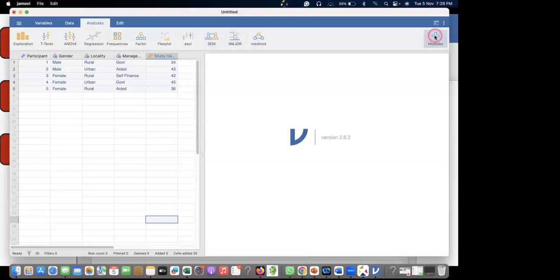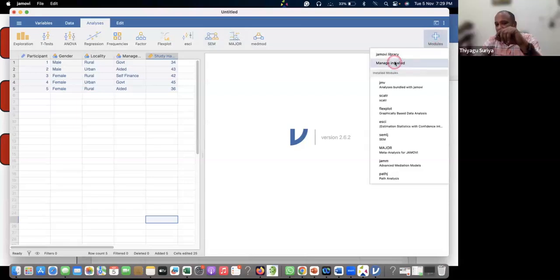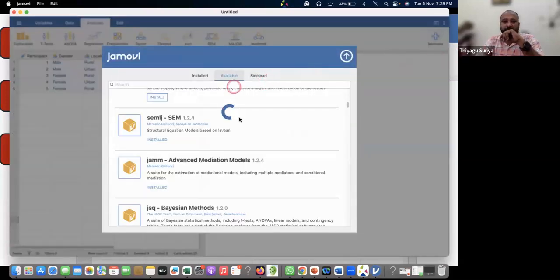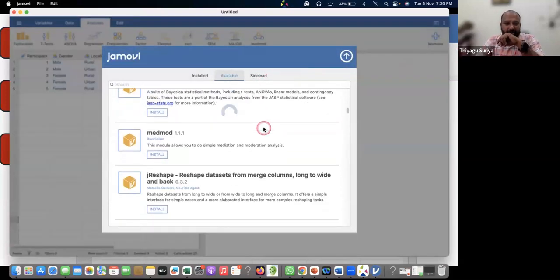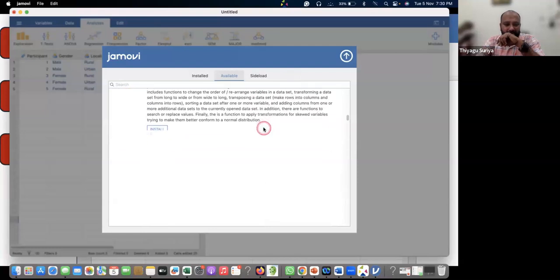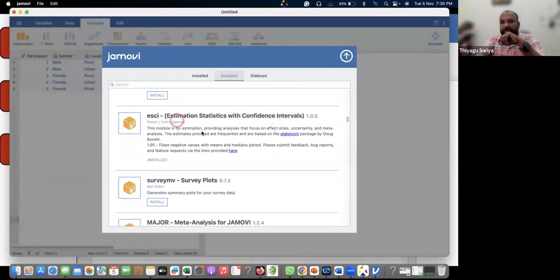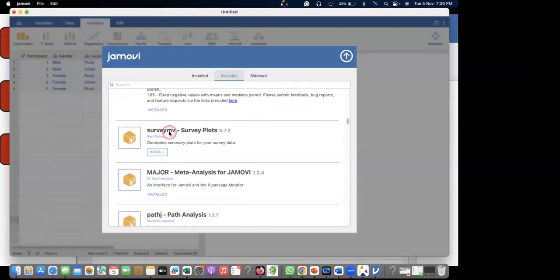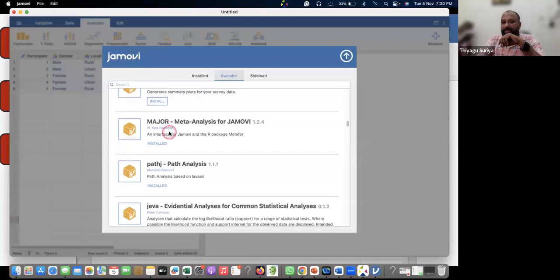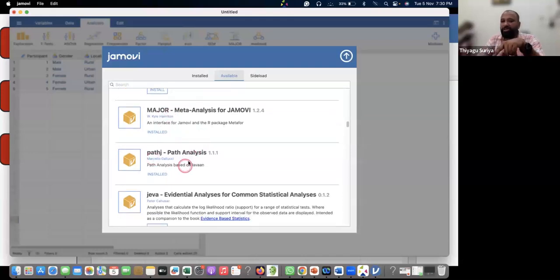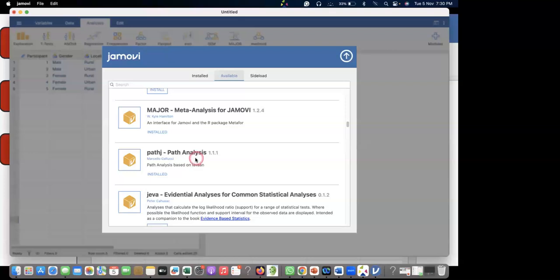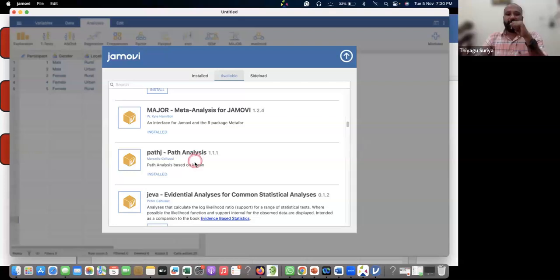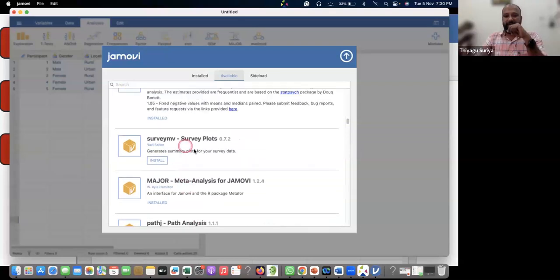Next one. When I go to the modules, I'm recommending some more software which is going to help you a lot. Go to the Jamovi library, go to the available, go with this other software like you can see this. Suppose you want to go with the confidence interval or the estimate statistics, you can install this software, SK software. And there is another software, path analysis. So I request all to install at least 3 software, path analysis, and this one, SEM, as well as the